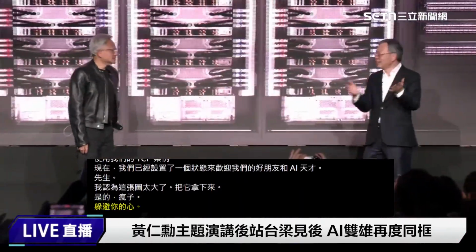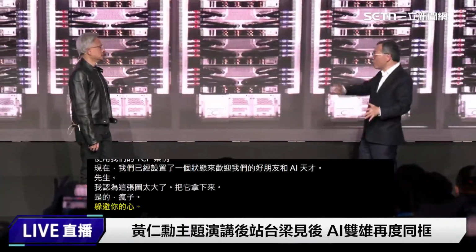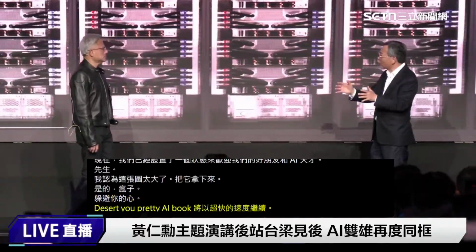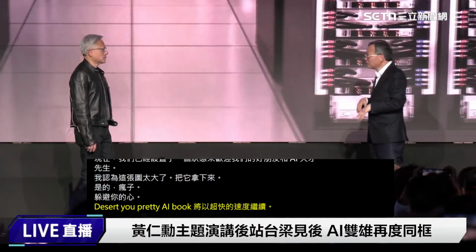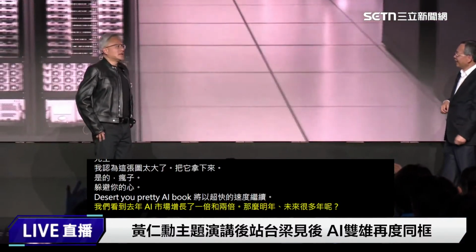You predict the AI boom will continue at a super fast speed. And we saw last year the AI market grow more than double. And how about next year? Next many years to come? If you look at the last 10 years,